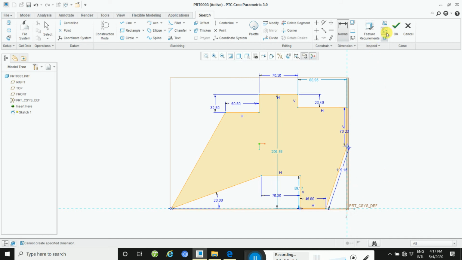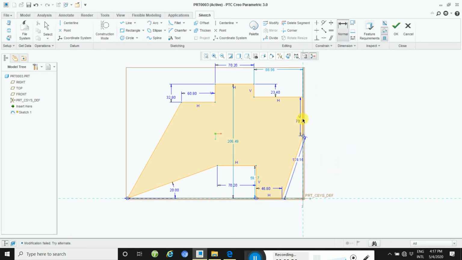and then define again 46.8. Take a dimension as per drawing is not taken here, so because height is here, so height will be deleted this way.